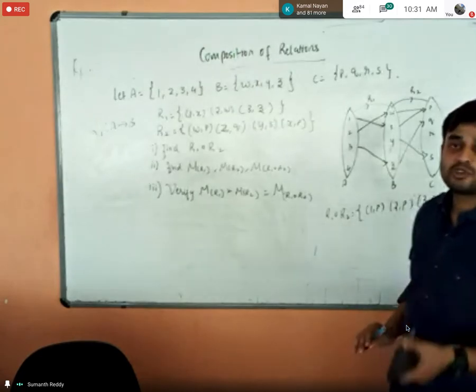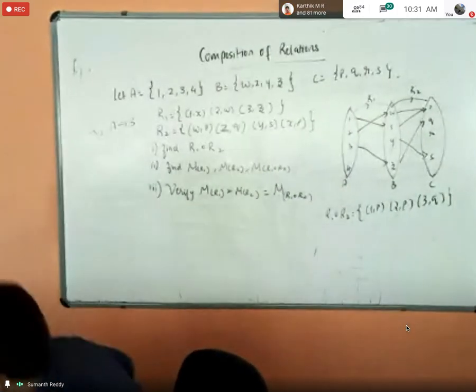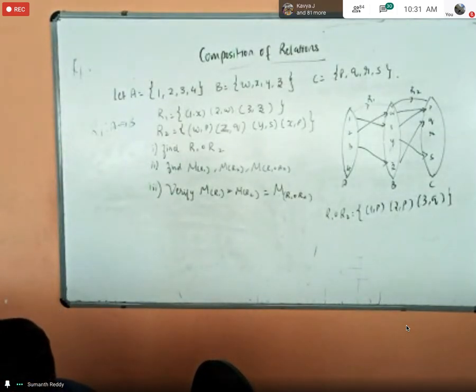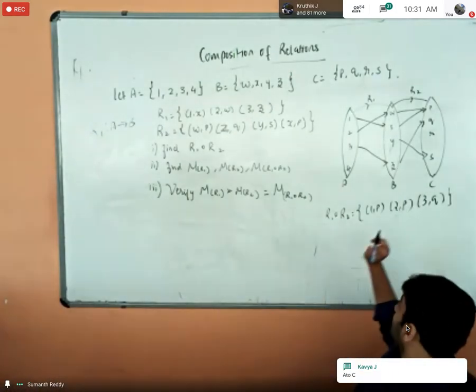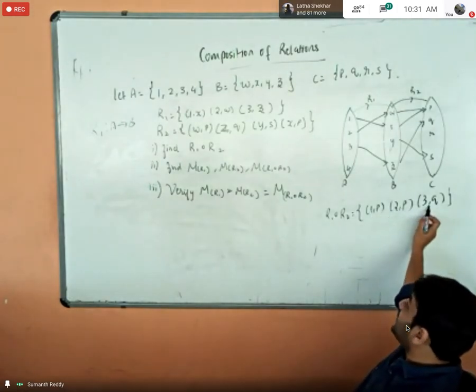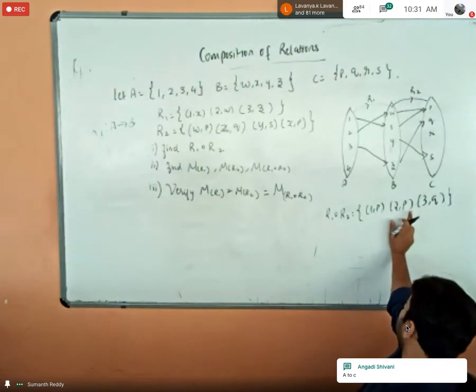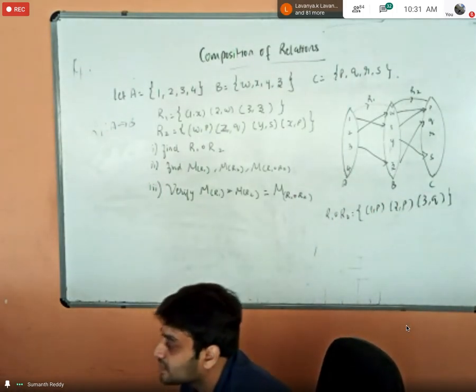And one more thing, students, I'm just asking you one question. Can you tell me this relation R1 composition of R2 is a relation from which set to which set? I'll repeat the question. A to C, exactly. This is very important, okay? Because the elements 1, 2, 3 are from the set A, and the second elements P, Q are from the set C. I think this is clear for you.